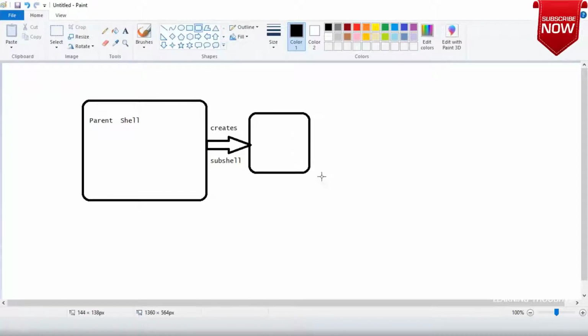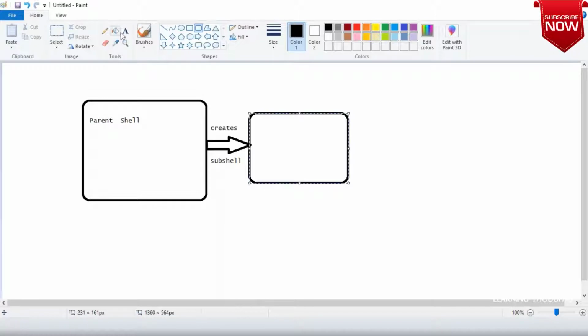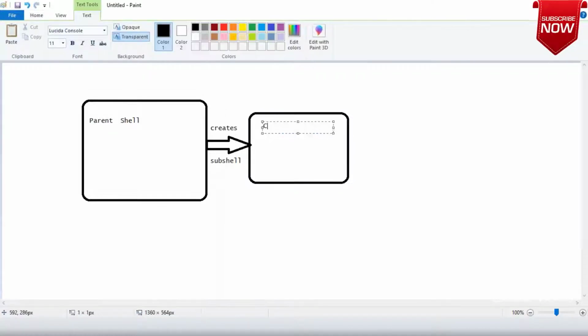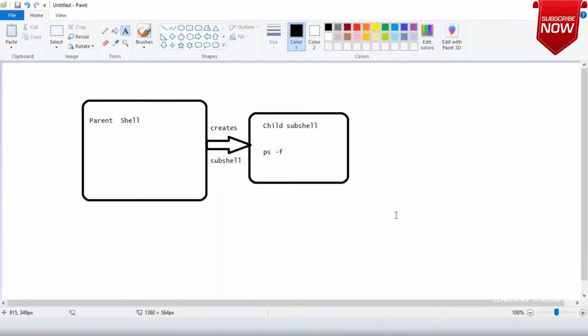Inside this child subshell is where your command executes. Let us assume that we have executed a command called ps -f. Your parent shell will know whether the child shell process has been successfully completed, or if something has gone wrong, by the exit status. The return code is something it would know.